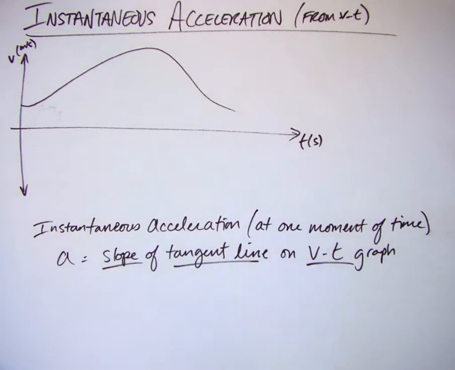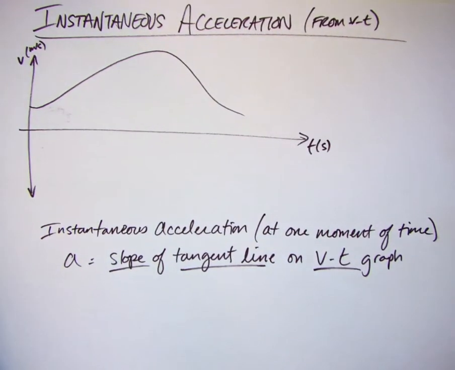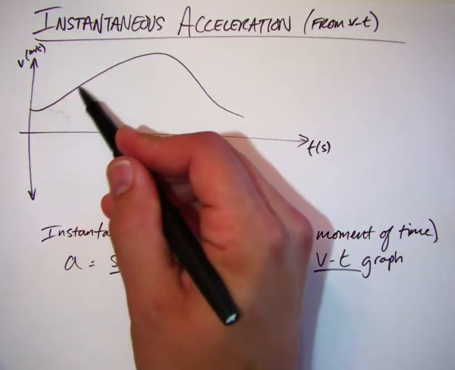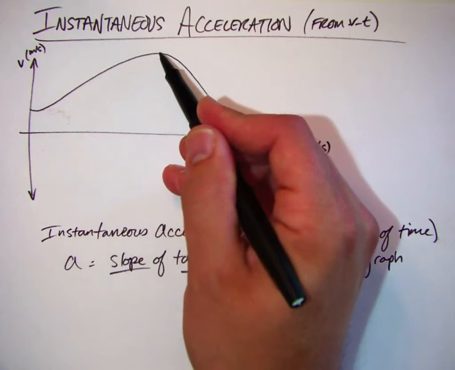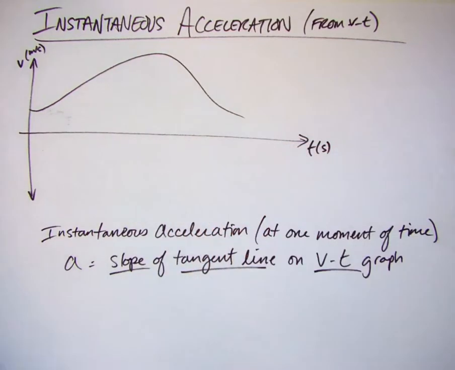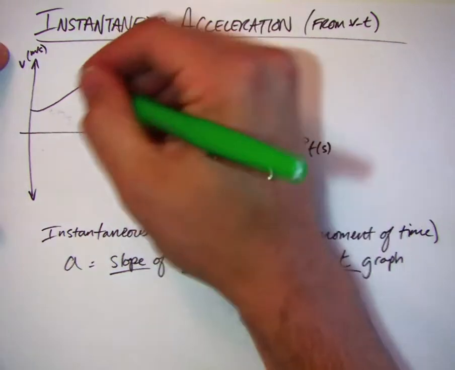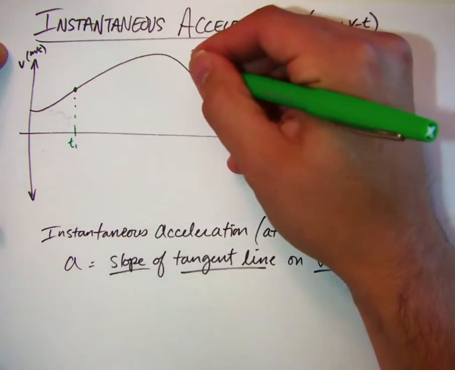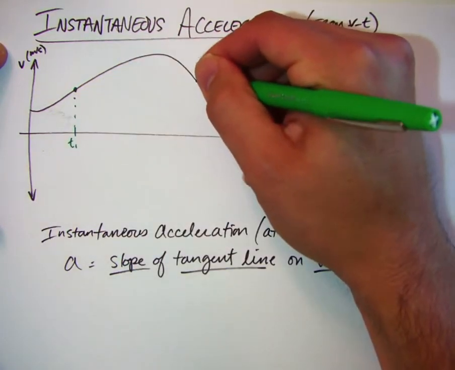Okay, in this video we're going to look at the idea of instantaneous acceleration off of a velocity time graph. So if we look at this velocity time graph, you see we have a positive velocity that increases for a while, then stops increasing and begins to decrease, so slowing down as I go back towards zero, so it's not constant. If I wanted to find the average acceleration between any 2 points in time, let's say between time 1 and time 2 here,